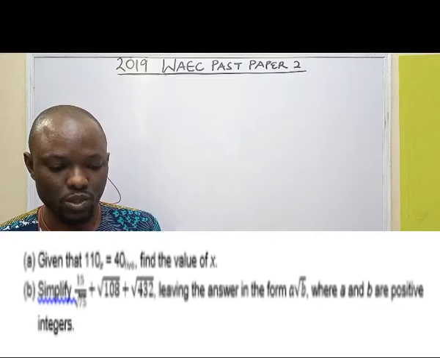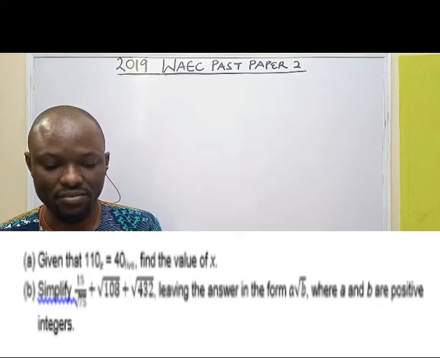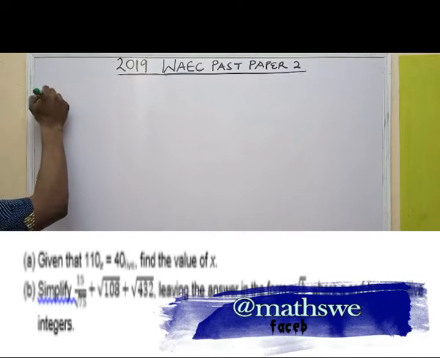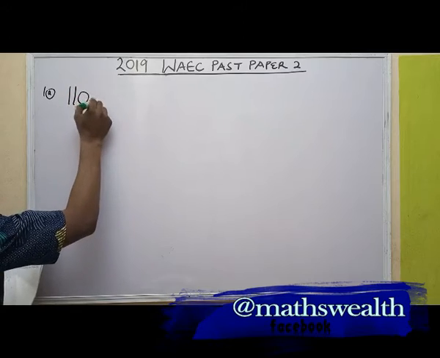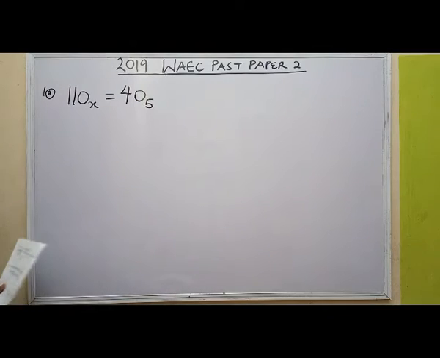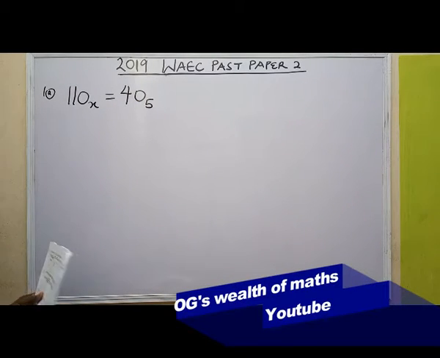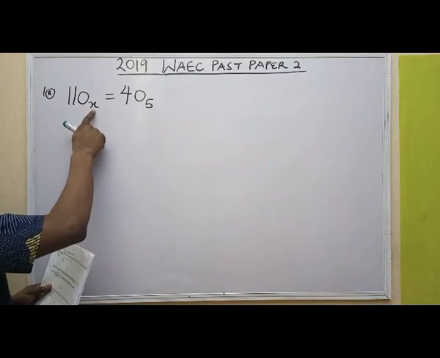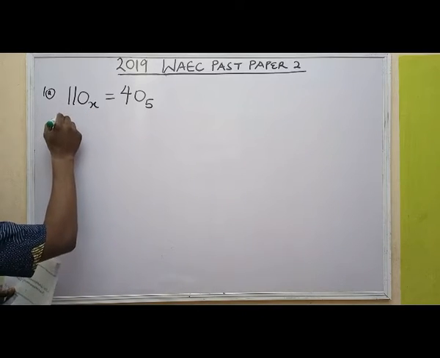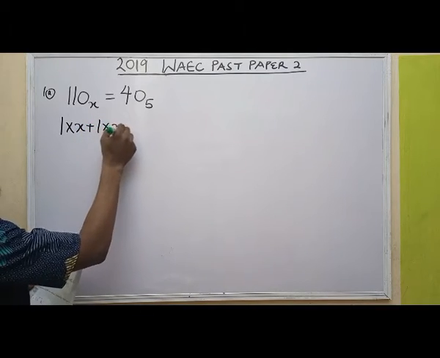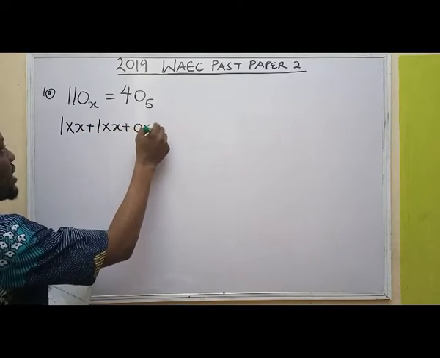The first question says that given that 110 sub x equals 40 sub 5, find the value of x. Now this is number base. This is 1a. They say 110 sub x equals 40 sub 5. So in number base, what you're basically going to do is multiply each of these values by sub x. So I'm going to have 1 times x plus 1 times x plus 0 times x